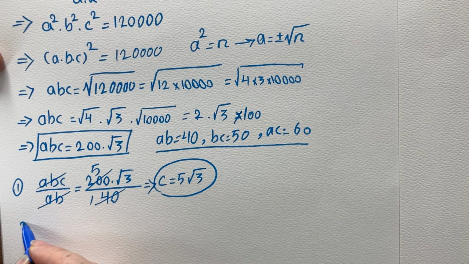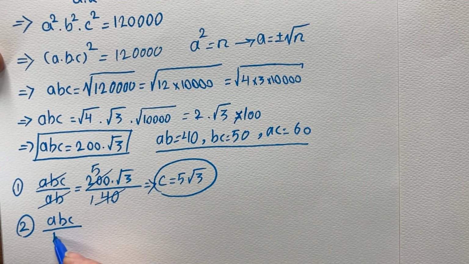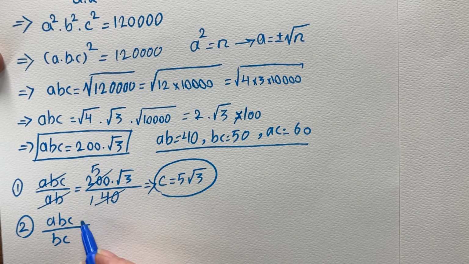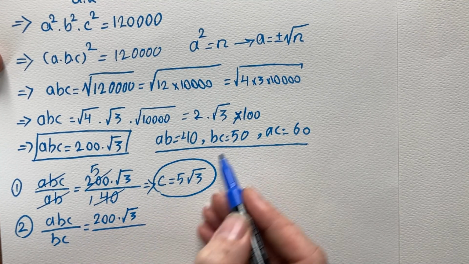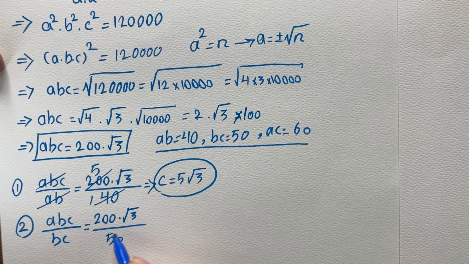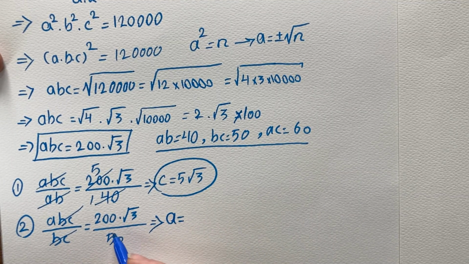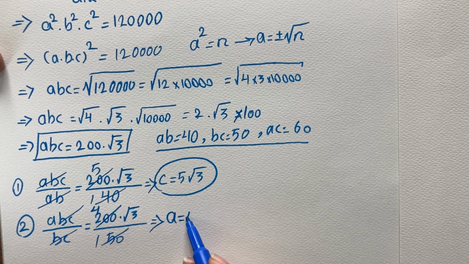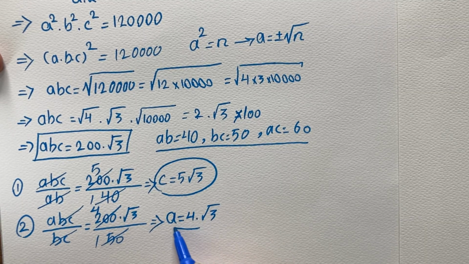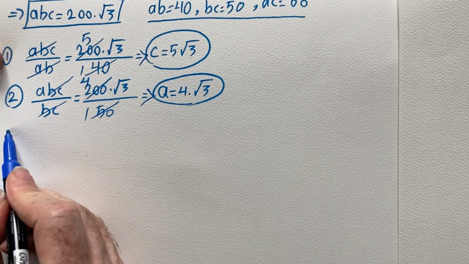Keep it here. Next, A, B, C divided by BC is going to be the value of ABC, 200 times second root of 3, over the value of BC, 50. So left hand side, this BC and this BC can be cancelled off. So from here we have the value of A is going to be 200 divided by 50, so it is going to be 4 times second root of 3. This is the value of A. And finally, last one,